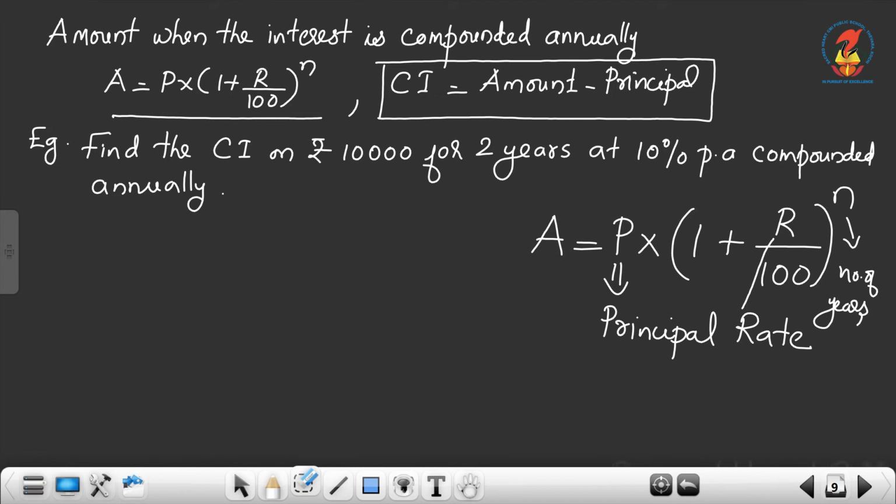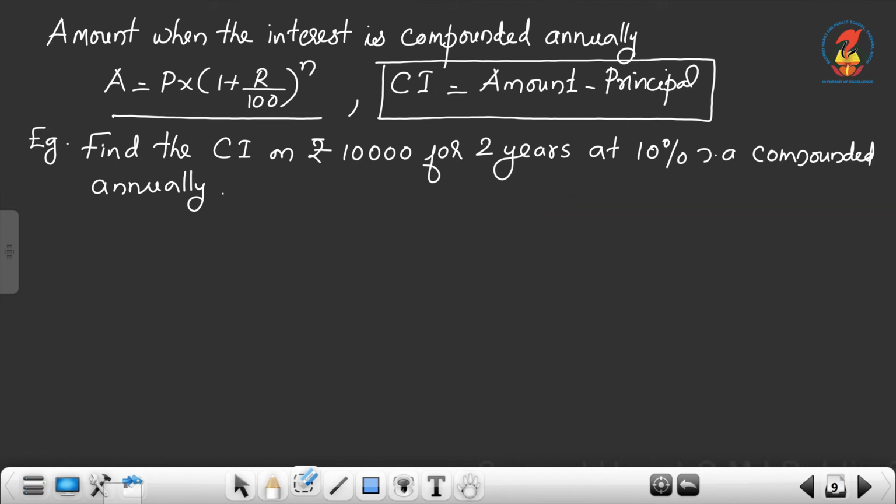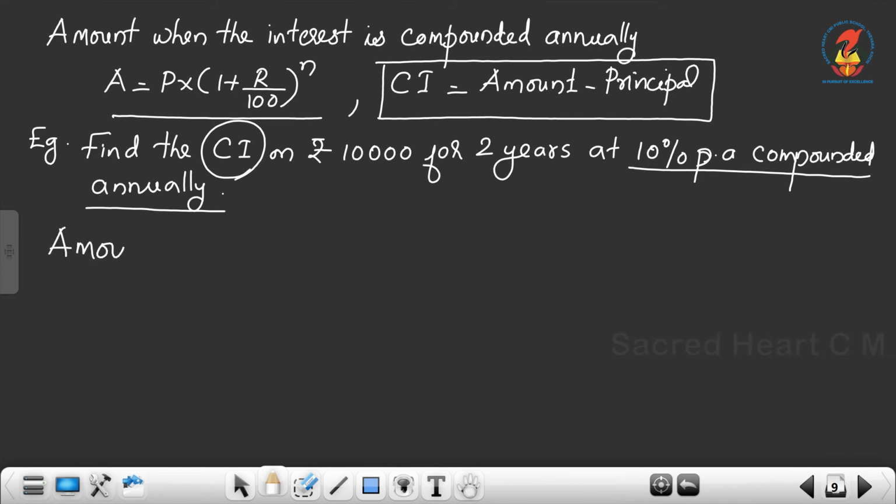So we can look at one problem. Now look at this question. Find the compound interest on rupees 10,000 for 2 years at 10% per annum, compounded annually. So year wise you have to find out. Then what is the compound interest? If you want to find out the compound interest, you have to find out the amount. So amount at the end of 2 years,